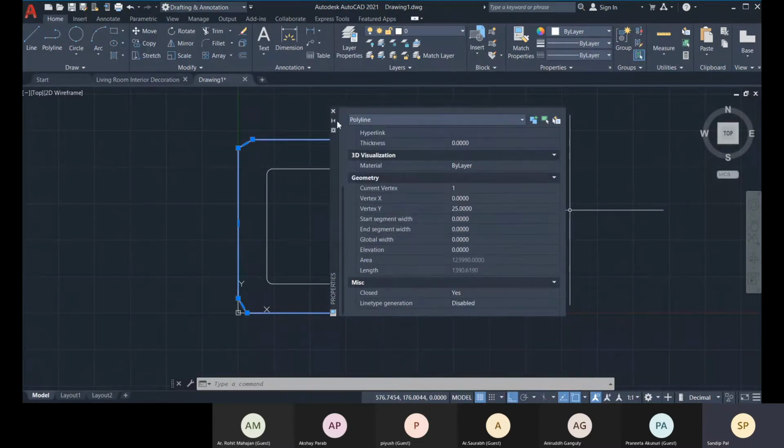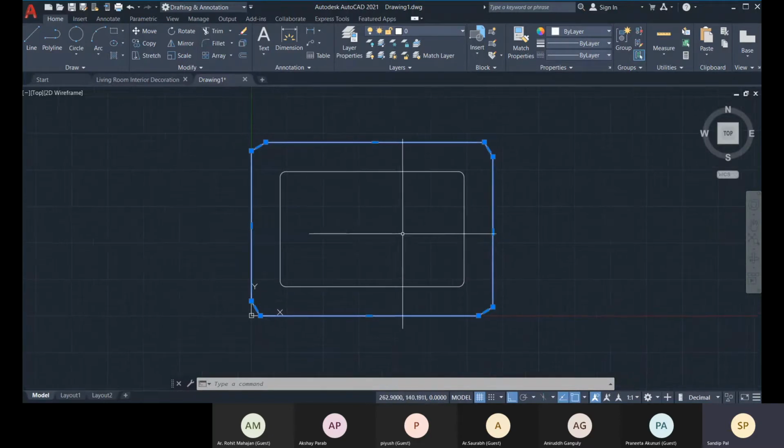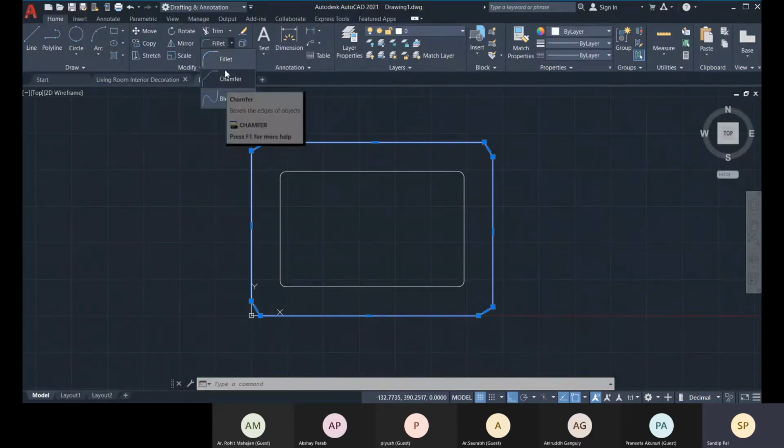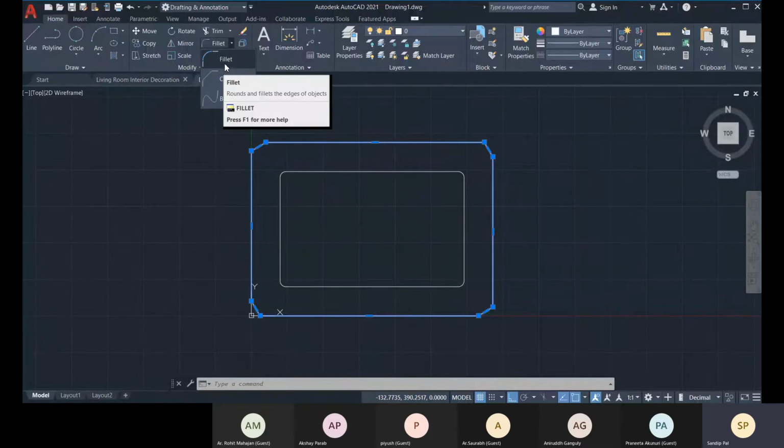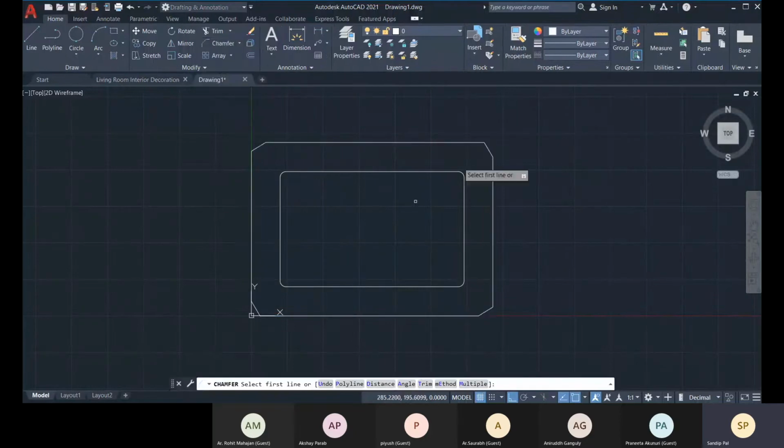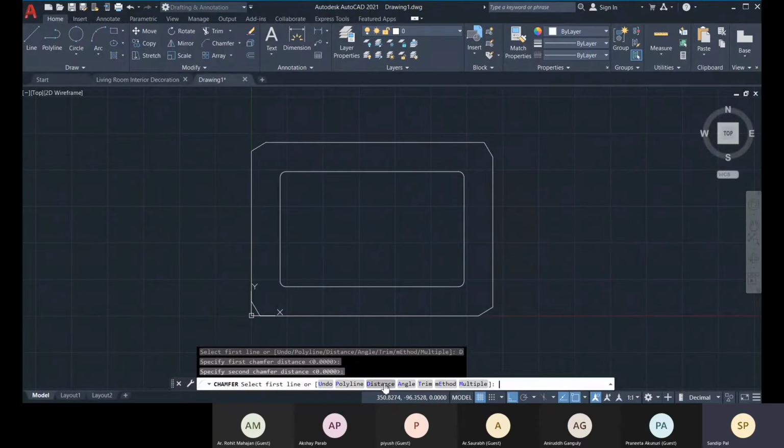In the properties, the chamfer option is not available. So for that, you can go with fillet, or the chamfer option is there for manually changing it, or even after creating it, you can change it. In the chamfer, distance should be 0 and 0, and then select it.